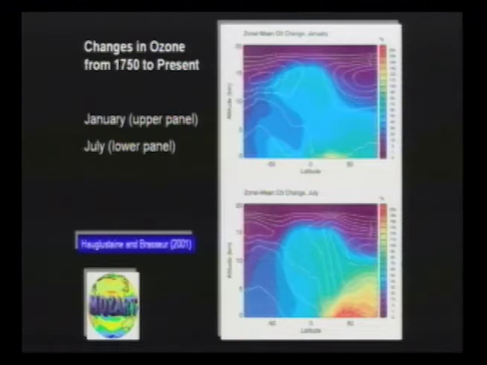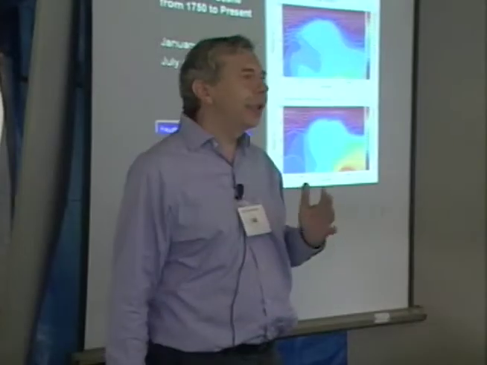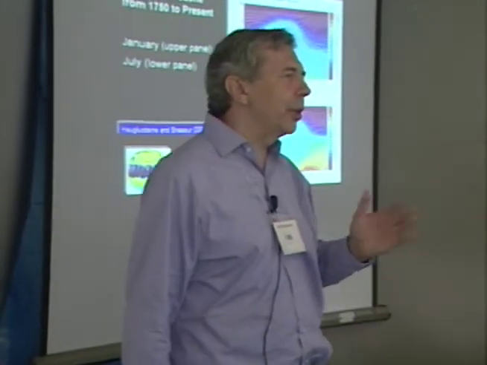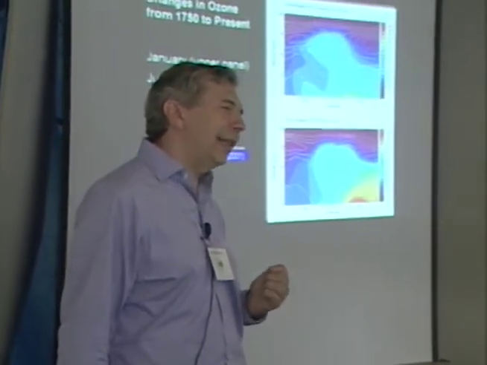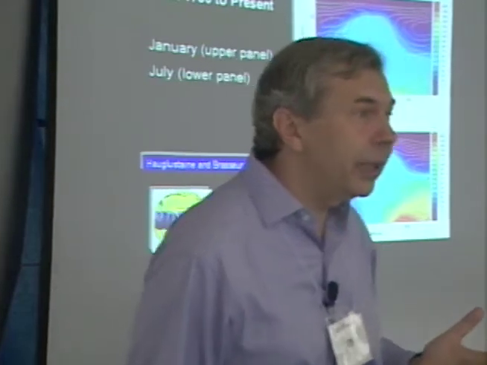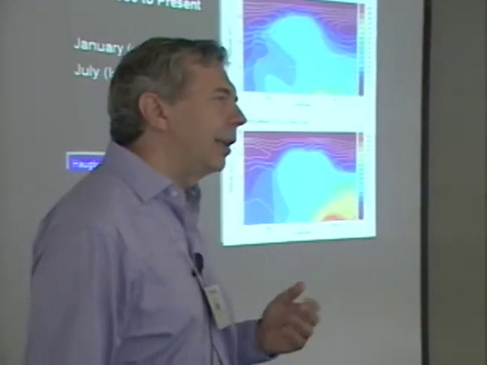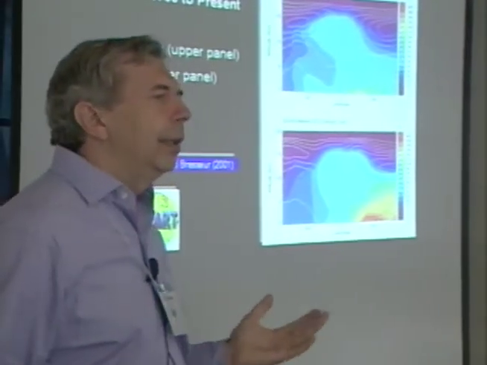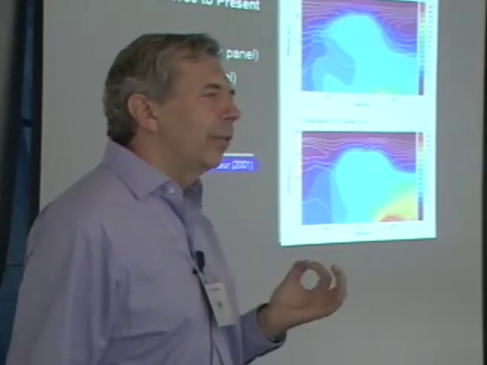One of the issues, of course, is that as we calculate the changes, we need to know what we had in the pre-industrial time. We have a lot of data, but these data were made around 1900 using some papers that changed color depending on the level of oxidants. But of course, ozone is not the only oxidant, so those measurements can be very uncertain. And also these measurements were strongly affected by the level of humidity. So nobody knows exactly.